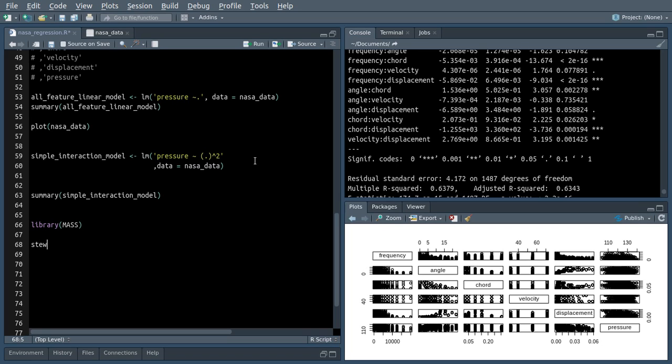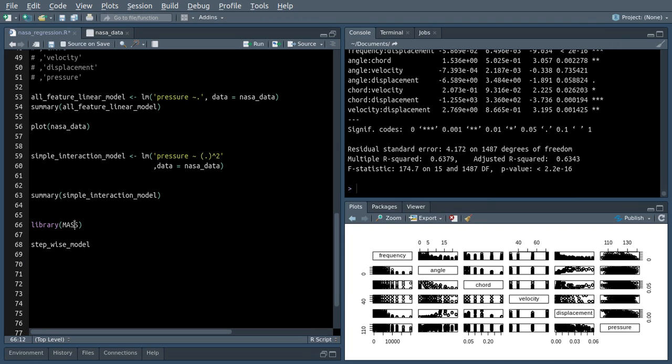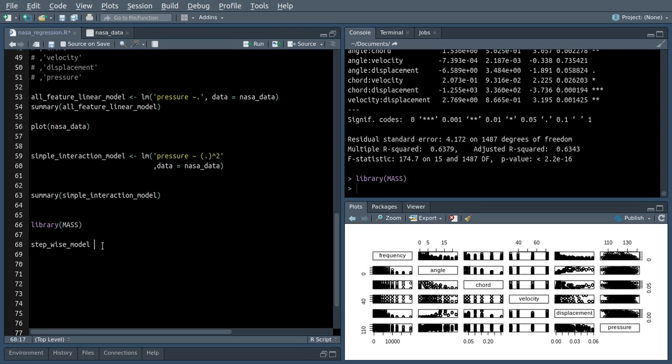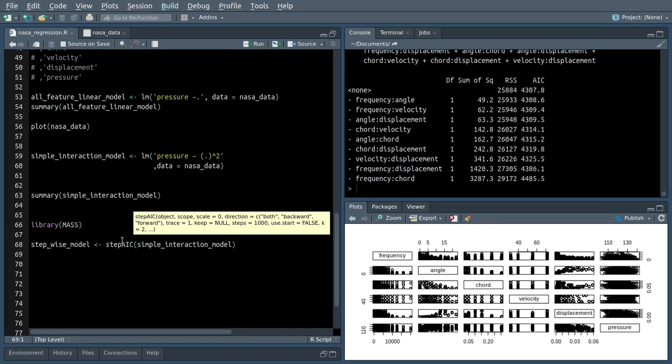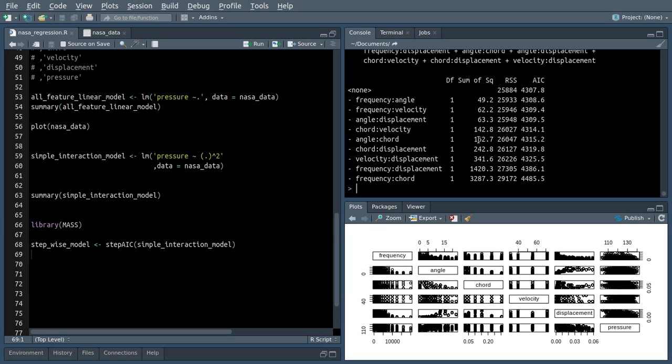Did I import it? I have to import it. Okay, stepwise model. And all we do is we take the model that we built and we pass it in. That's it. I think that is it, and it will automatically select features for us. It's basically reducing these features, and it's telling us a lower AIC is better, and it's trying to find the